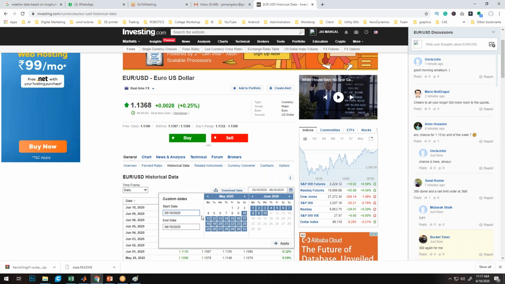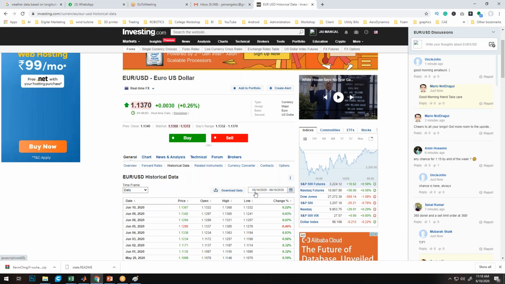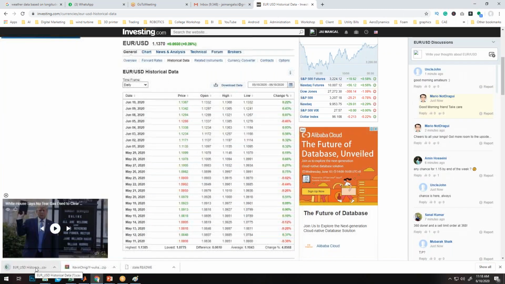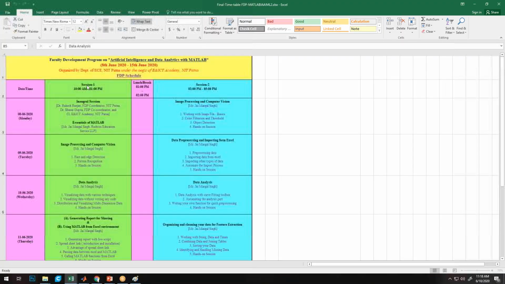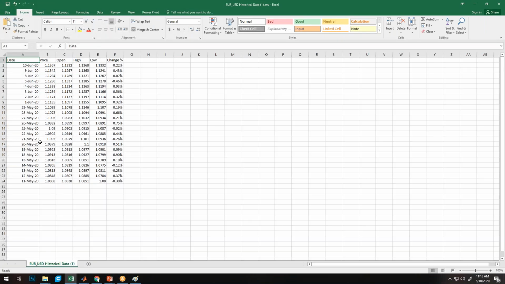I will set the month from January 1, so January 10 to the present date, and then I can download the entire data. Now the data is in this folder. This is the entire day data, right from January 10.